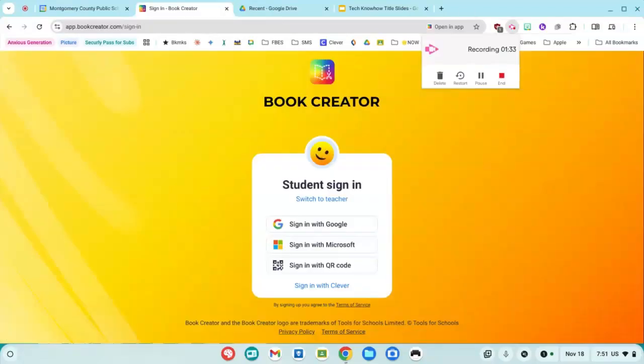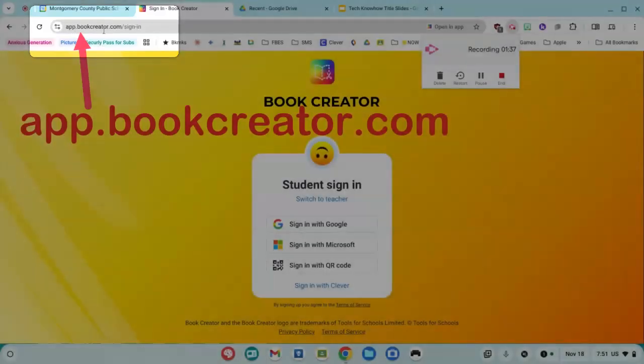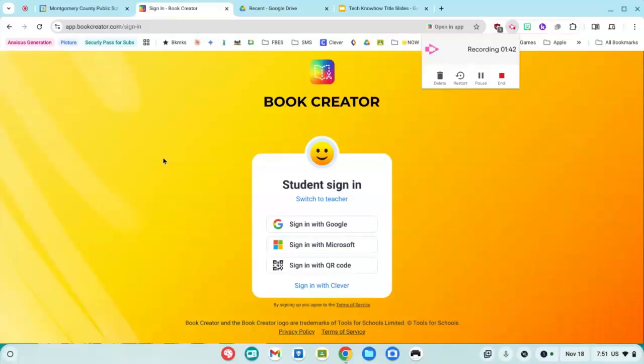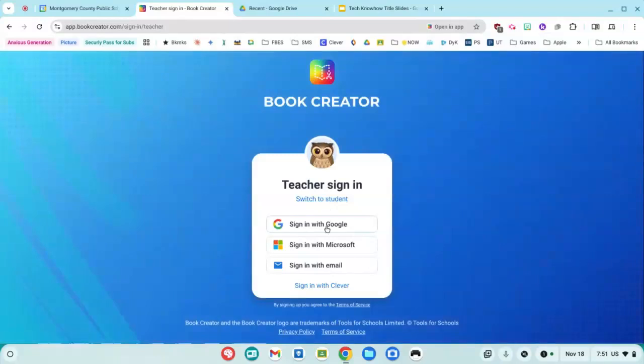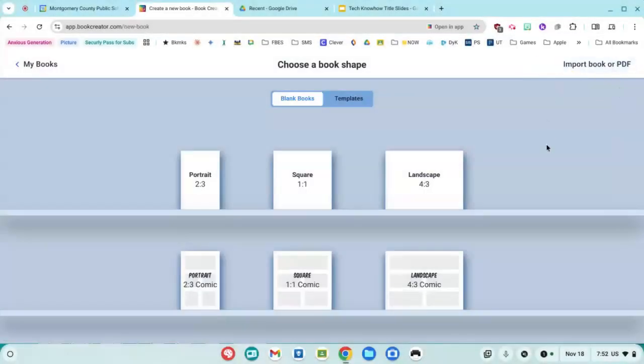The best way to begin using Book Creator for Chrome is to go to the URL app.bookcreator.com, and it'll take you to this sign-in page, which you can sign in with your Google account here if you're a student, and if you're a teacher, you're going to switch to that teacher view and then choose Sign in with Google. The plus sign is how you start a new book, and that takes you to this page